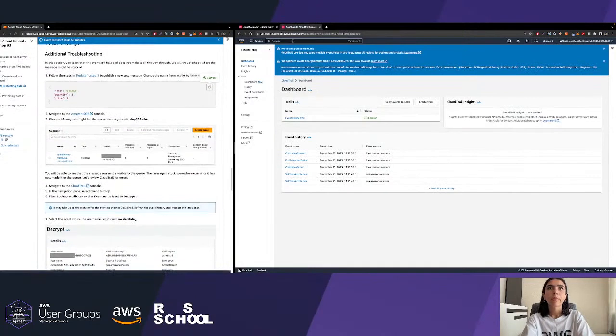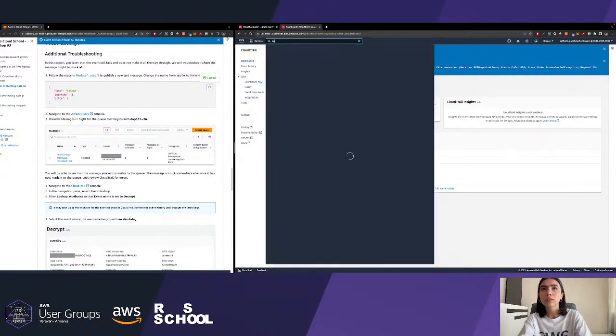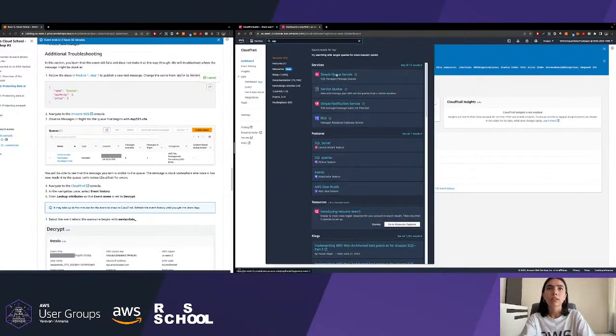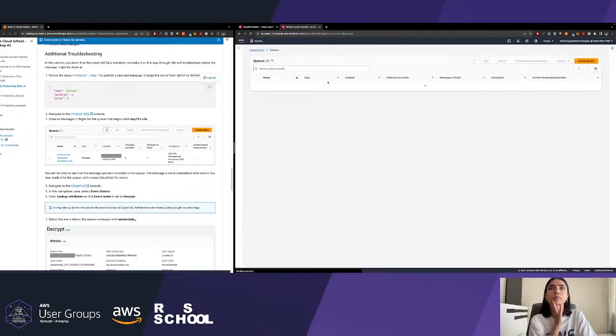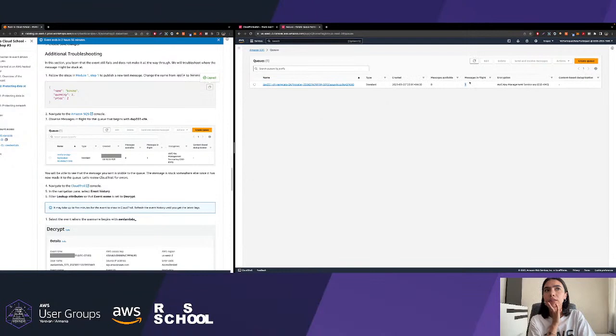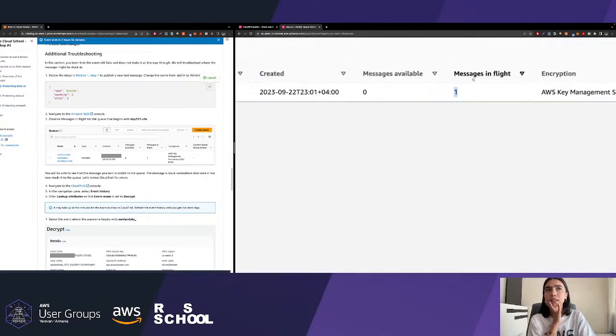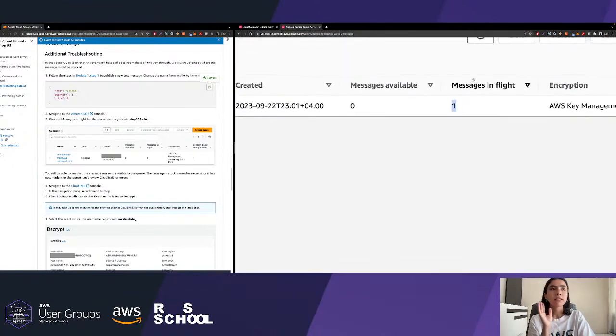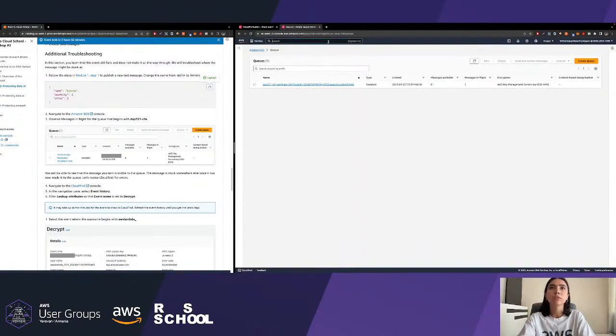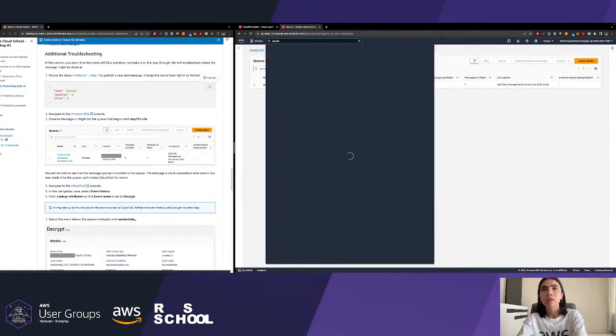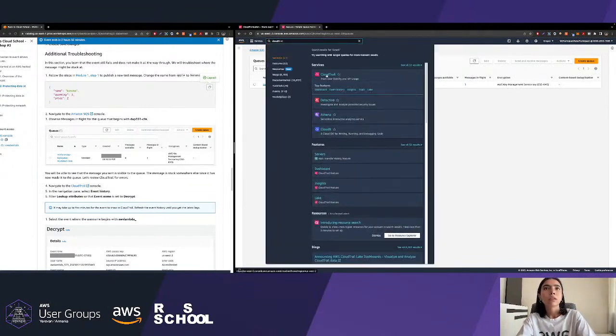I forgot to talk to you and go to the SQS at first. Let's see. Okay, you can see we have message in flight. Okay, so this means that the message we sent is stuck somewhere. Now go to the CloudTrail to check where it is stuck.